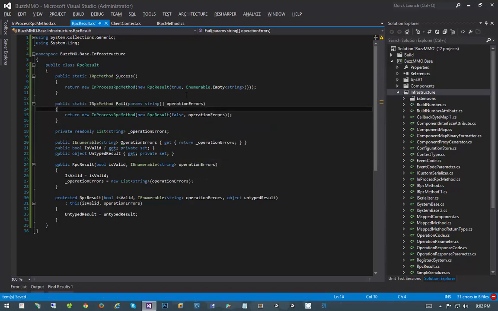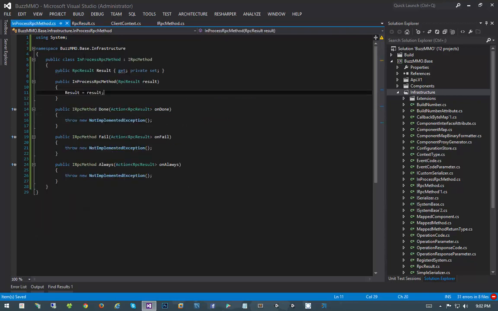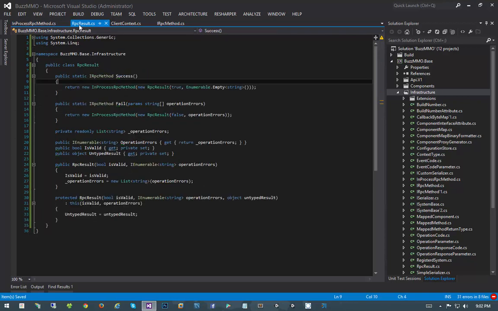And that'll just clean everything up and make our server-side code look a little nicer. Okay, so now that we've done our non-generic RPC result, we now have to do our generic RPC result, which is going to require the introduction of two new classes. One new class is going to be another in-process RPC method, and another new class is going to be the